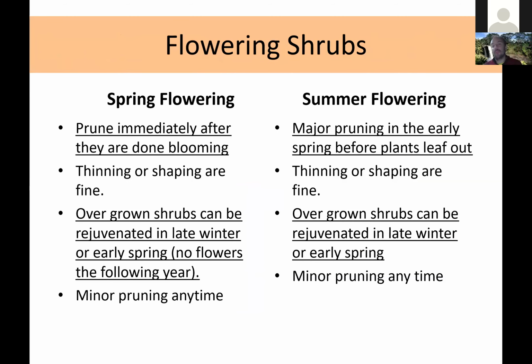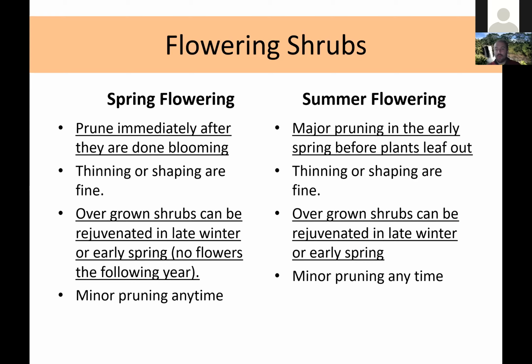So whether a shrub blooms on old wood, so spring flowering, or new wood, summer flowering, makes a big difference in how we prune them. For spring flowering shrubs, we let them bloom, then we prune them. There's then new growth that has the flower buds for the next year on it. For summer flowering shrubs, timing is less important, so we do it when it's best for the plant's health. So we prune them in the early spring before they leaf out, just like with trees. Doesn't matter how much we prune because there'll be new growth that year, which will be that year's flowers.